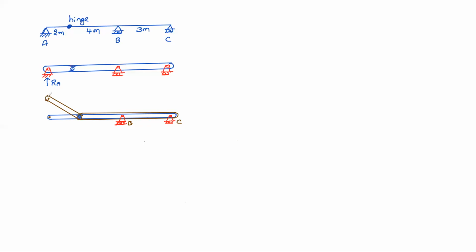See, it can bend at a hinge, but it cannot dislocate at B and it cannot dislocate at C, and from hinge to C, it must be straight. That's why if you give unit displacement here at A in RA direction, it takes this shape. You can assume the possible shape. So ILD will be very simple now.